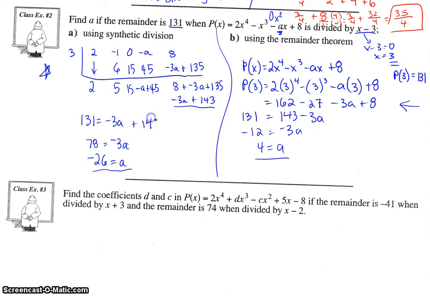And then when we subtract that over, we would get negative 12, and then we're down to what we have. So it's a good check. So if you had that on a test, good thing to do to check that. So we should have a equals 4. What's the better way to do it? That way. Okay,